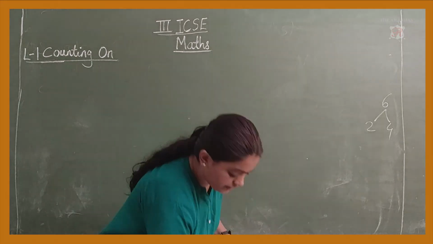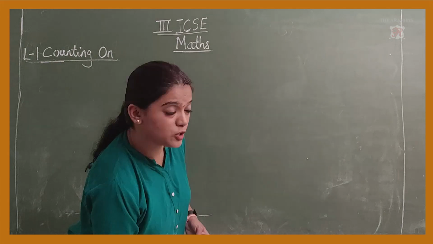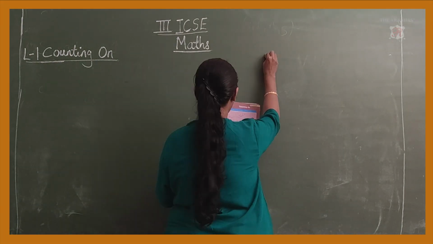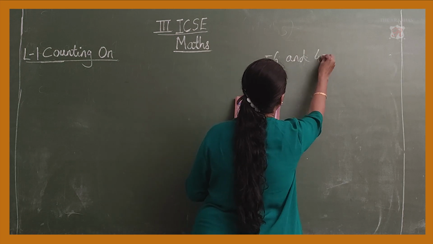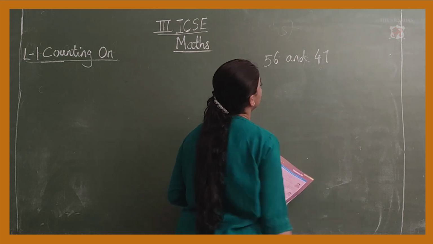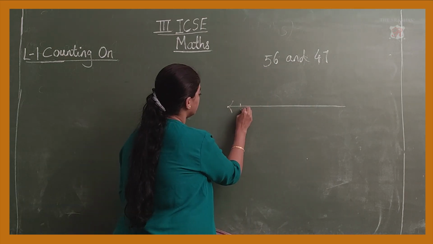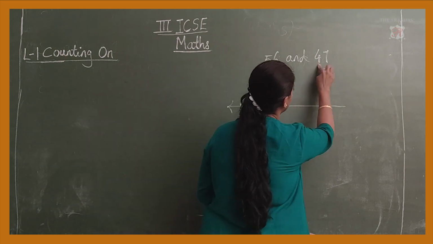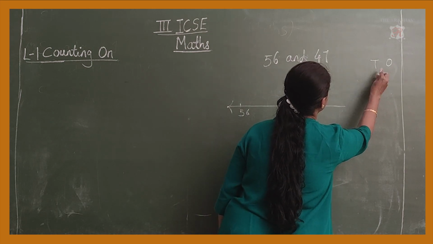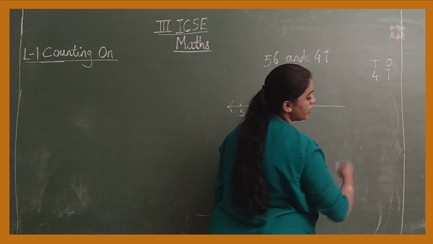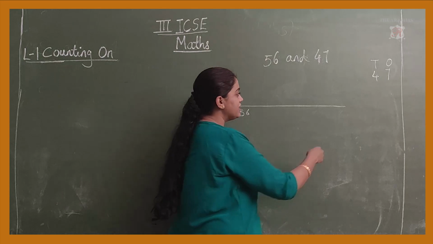We will take a smaller number over here because the smaller number is easy to split. Okay, so next example is 56 and 47. Okay, we will take 56 on the open number line, and 47 will take in tens and ones. Every time you don't need to write tens and ones. This is just a revision for you. So only for now you write this tens and ones.